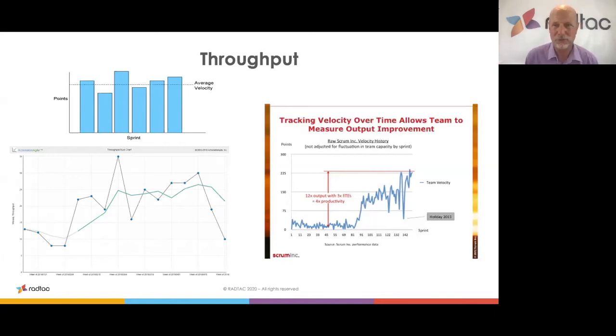Yeah, 30 story points per 2-week period of time. So yes, we could look at throughput that way. And then looking at our diagram on the right here from Scrumming, we could be thinking about, well, is our velocity increasing? Be careful, by the way, when having this sort of measure in place, measuring output improvement with velocity,